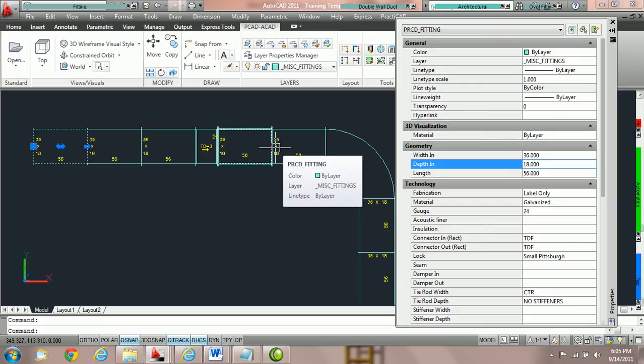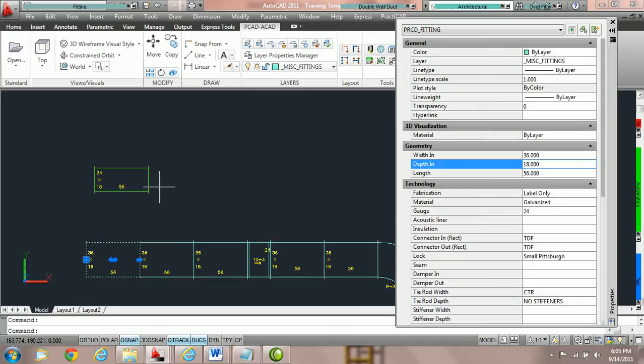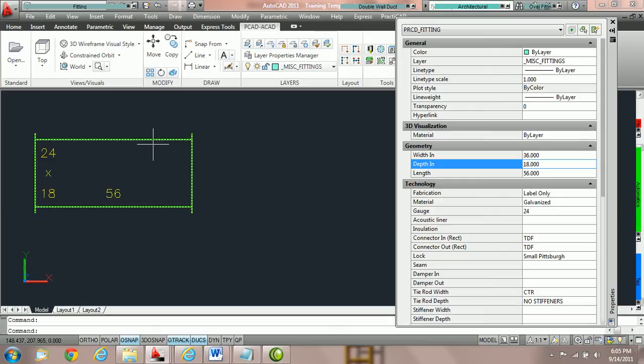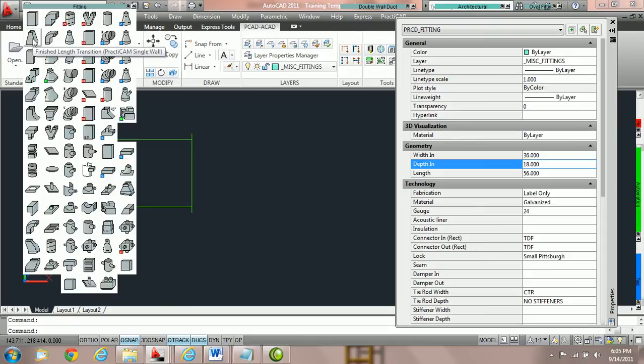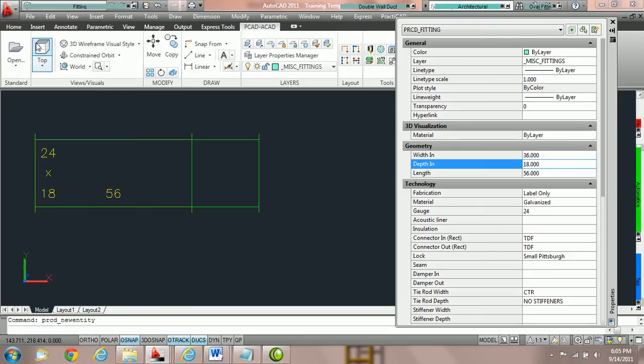Now this function serves a dual purpose in Practicad. It also takes part in a role whenever you're going to input a new fitting on continue. For example, currently we have a piece of duct that is 24 by 18. We're going to go to the fitting bin and grab a finish length transition. And notice that I happen to be on continue and that it snapped the transition to the piece of rectangular